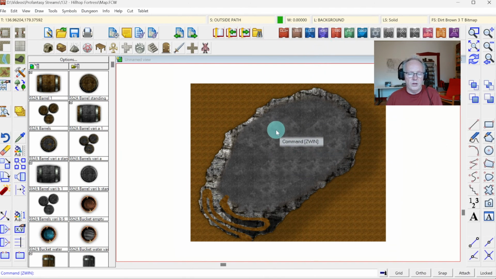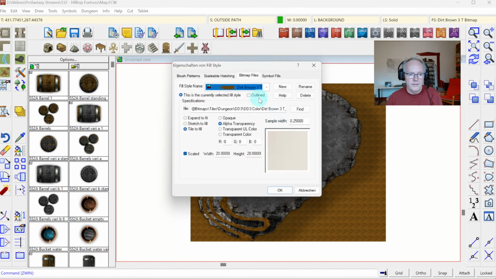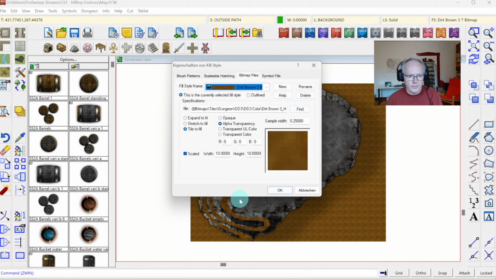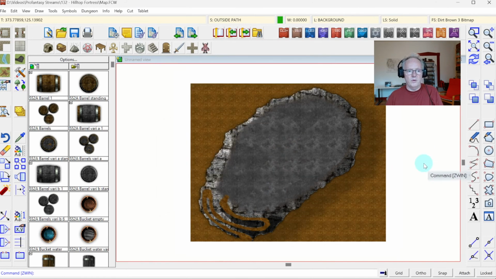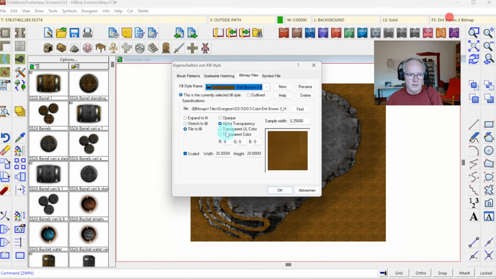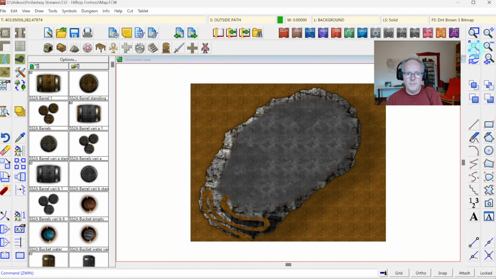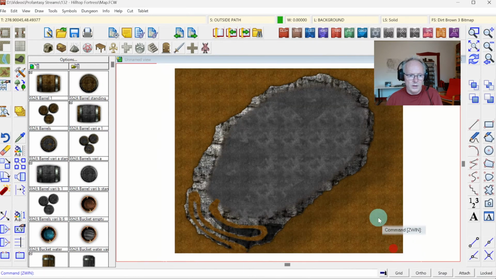First off, I think what I can do is change the fill style for size for the brown bitmap, which I think is the one in the background. Make it a little bit larger. Yeah, well, it's already better. Might it even be a little bit larger still, 25 feet. There we are. And now I do need to put a bit of